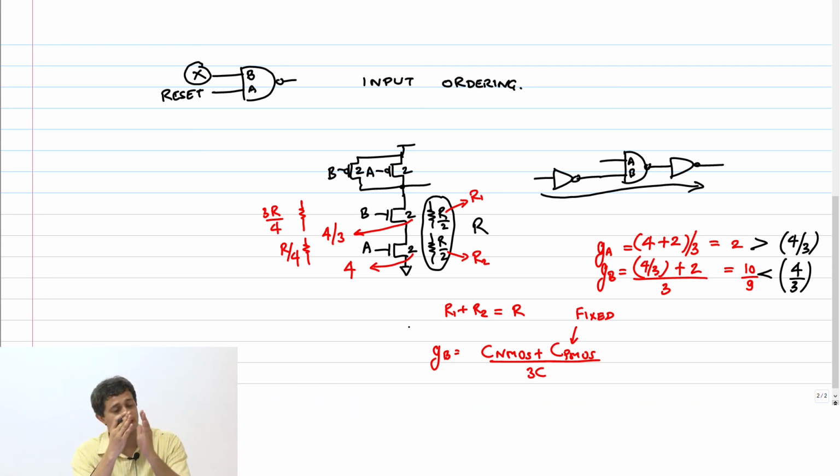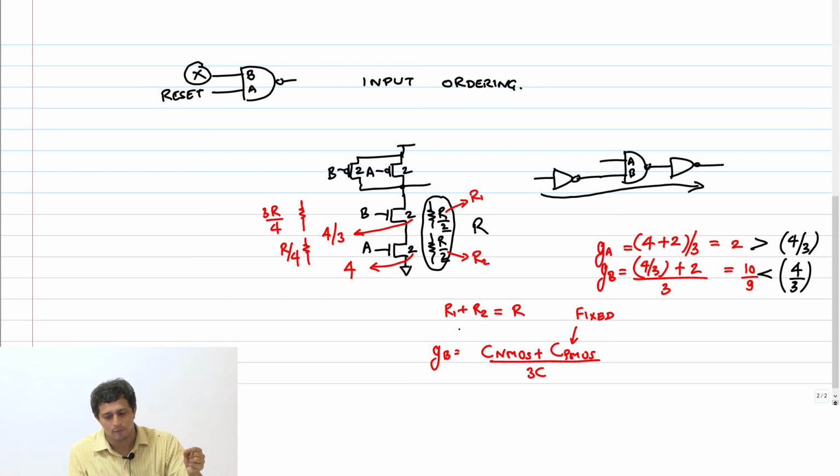Yeah. So that is the key point that I'm trying to make here. See, when I say logical effort is a measure of the capacitance that transistor offers, or that input will see, for a fixed resistance of the stack. The resistance is not coming only from its transistors or whatever transistors that input is connected to. Resistance is coming from the entire stack, right? Therefore, you have these two resistances here, which are contributing to the total resistance. So what I'm doing is I'm ensuring that the total pull down resistance is the same.